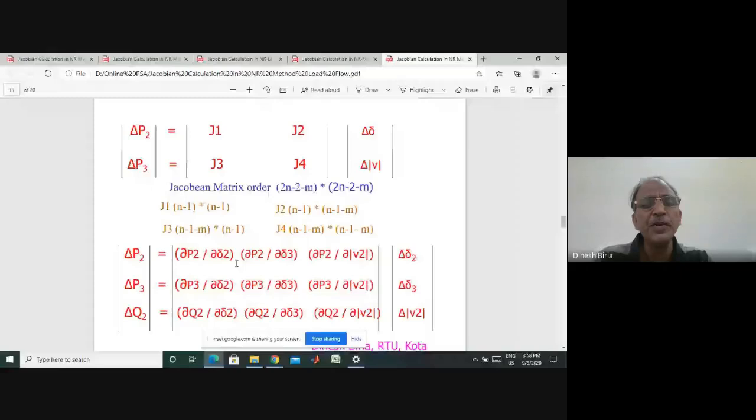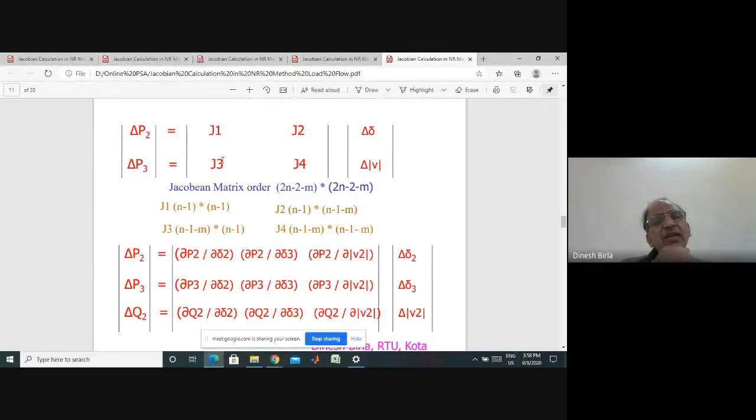So now on the left hand side we have the known parameters, on the right hand side we have unknown parameters, and in the middle we have got the Jacobian elements. Now I will concentrate on Jacobian elements. I will tell you presently two things: each Jacobian element will be calculated by a mathematical expression, and that mathematical expression we will develop by some very simple trick.